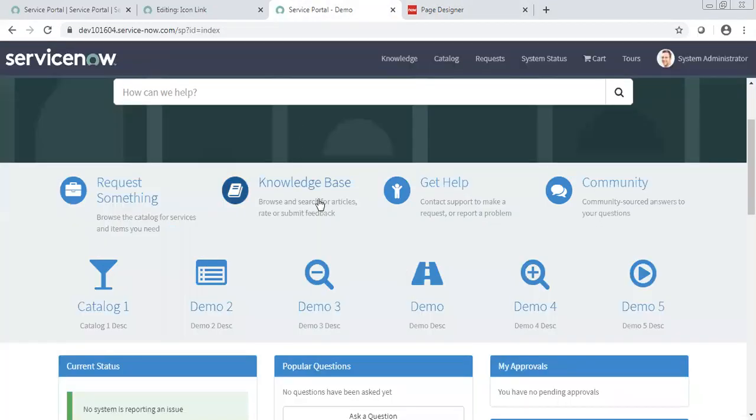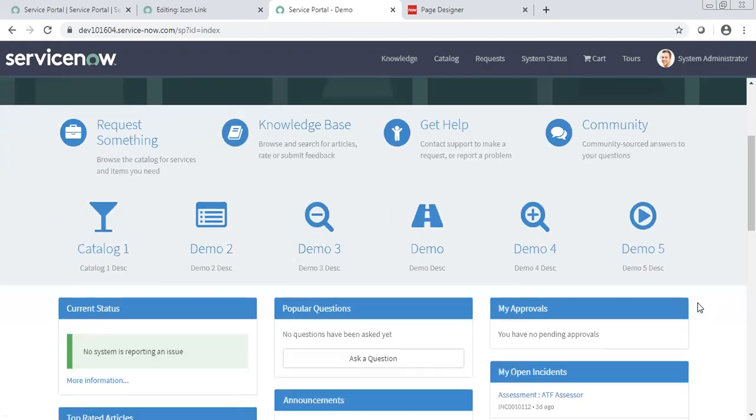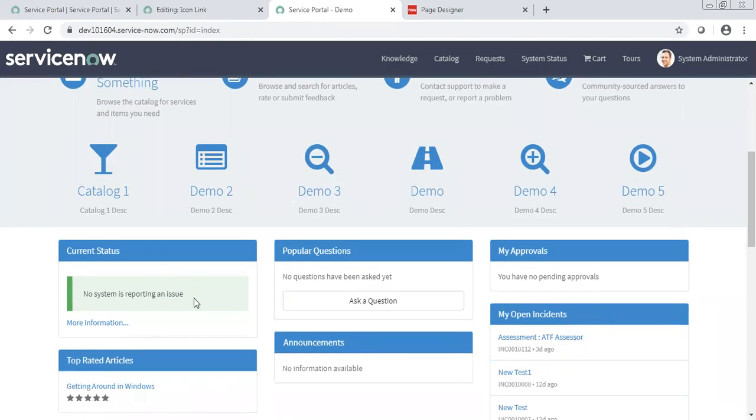So this is how you easily define it. Someone may say we need to design a widget or create this new and it will take much time, but it's quite an easy and simple task. That's why the ServiceNow Service Portal provides you reusability. Let's say this particular widget shows you approvals.